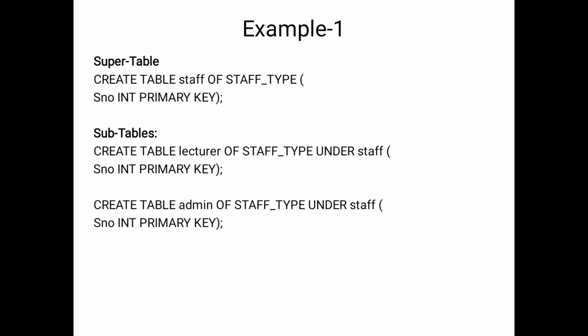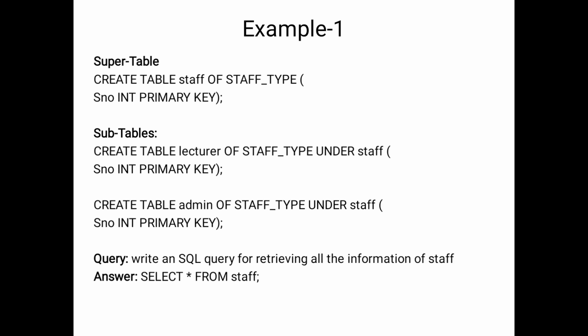under staff. Okay, so suppose my aim is to retrieve all the information. In that situation, all the information is available under the control of the staff table, because here the main table is staff, and the remaining ones are all subtables. So we will receive all the information from the staff table, no problem. That's why simply select star from staff. It retrieves all the information. That means who is available in the table of staff, who is available in the table of lecturer, who is available in the table of admin. All the information is displayed here. Okay, so that facility is available in SQL3.